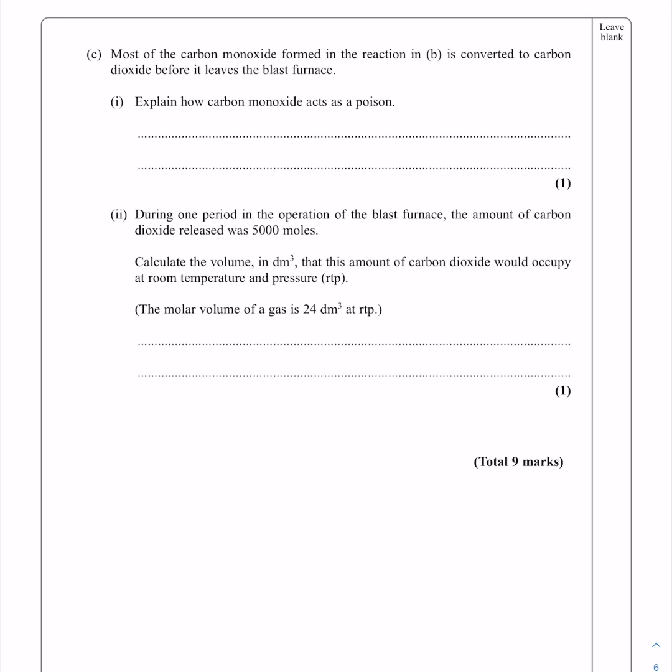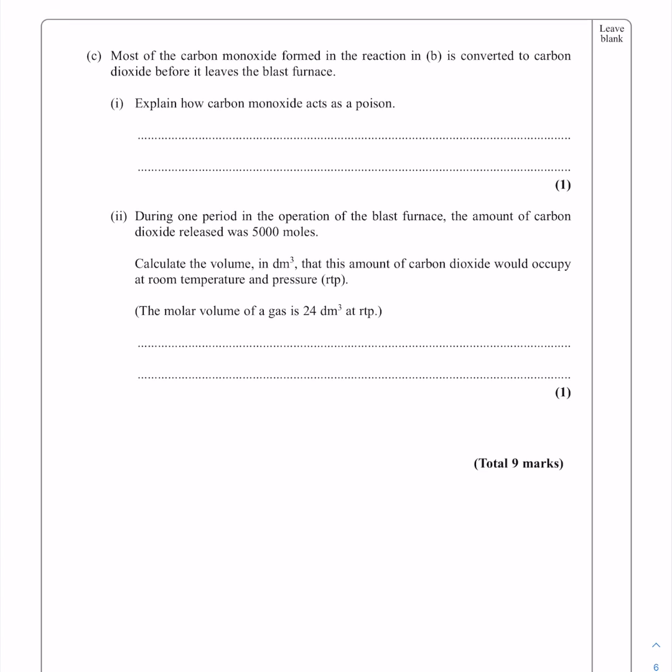Question C. Most of carbon monoxide formed in the reaction is converted to carbon dioxide before it leaves the blast furnace. Explain how carbon monoxide acts as a poison. Carbon monoxide reduces the blood capacity to carry oxygen. هو toxic عشان it reduces the blood capacity to carry oxygen. Question double I. During one period in the operation of the blast furnace, amount of carbon dioxide released was